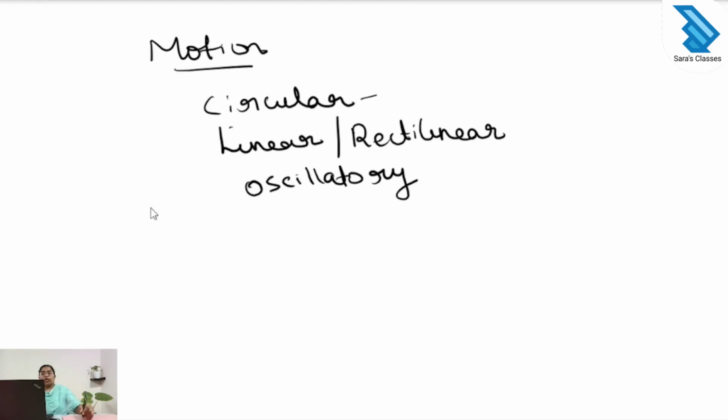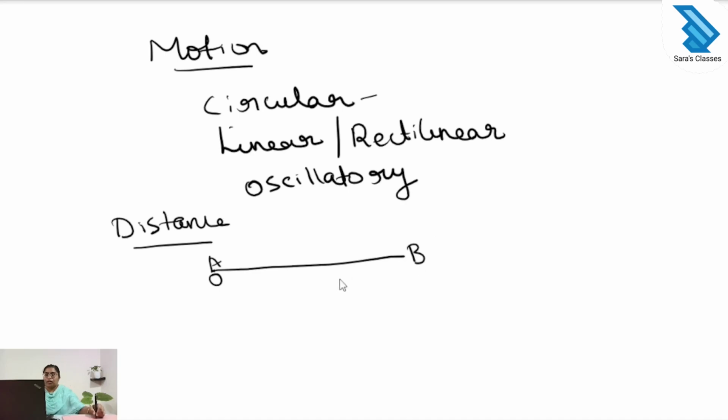So we can go to the next topic, distance covered by the object. Next we have to see the distance covered by the object. So we are taking an object. An object is moving from here. This is the starting point, so this is the origin. And we are taking the positions A and B. So here 1 second, 2 seconds, 3 seconds, and here 4 seconds. When the object starts moving, the initial position is 0.